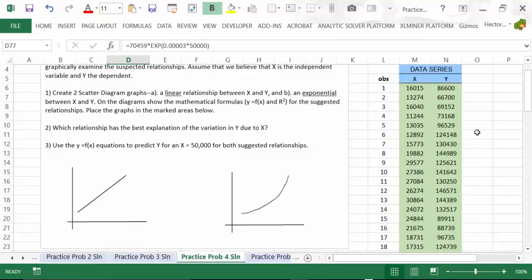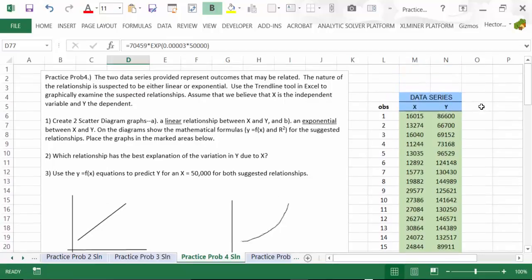But the important thing is that there are two series and that we believe that there's a relationship between series X and series Y. So how do we do that quickly, and how do we determine what the relationship is? The best way to do that is to very quickly create a scatter diagram of the data. We're asking the question whether there's a linear relationship between these two variables X and Y, or there's an exponential relationship. So let's grab the data